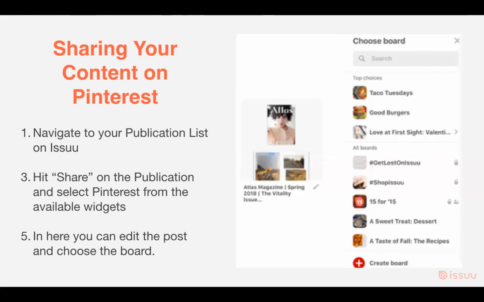As far as sharing goes with Pinterest, users are more active during the weekend. So if you're going to post on a Saturday, anytime during the night between 9 p.m. and 1 a.m. would be ideal. Also Sundays, afternoons, 1 to 2 p.m. are also a great time to post on Pinterest.